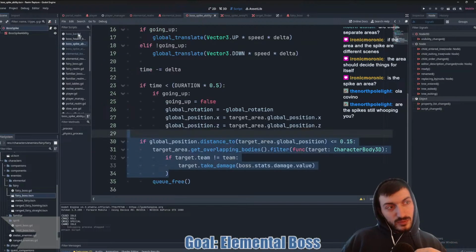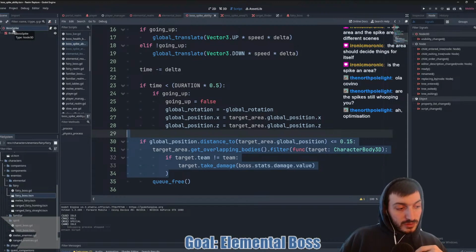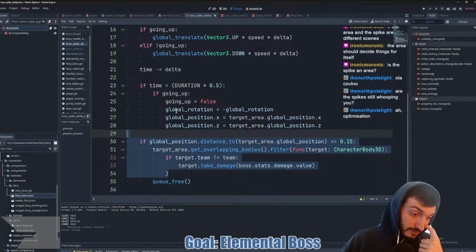So I almost think we need to change the boss spike from a node to an area. That's what I'm thinking. And then we just have the area detect another area, and we put them on a different collision layer, separate from everything else.